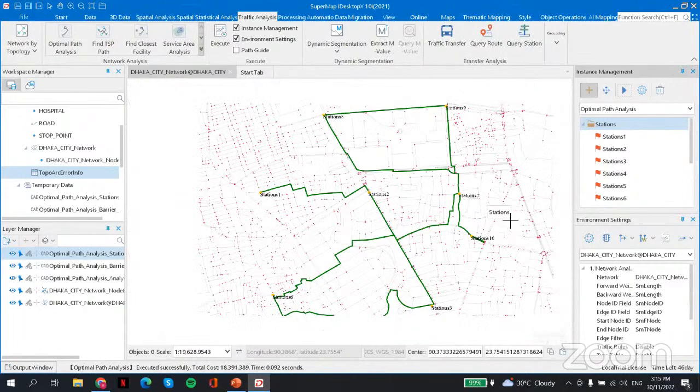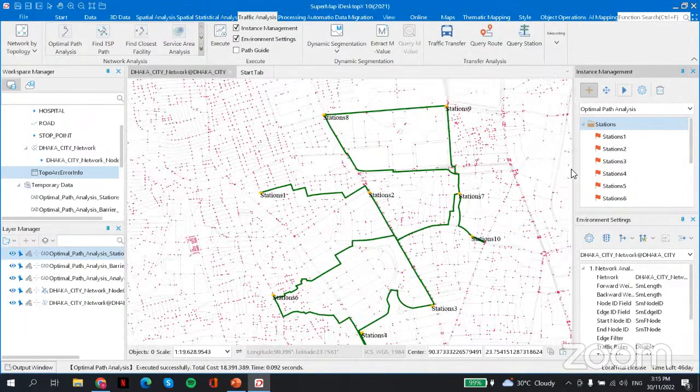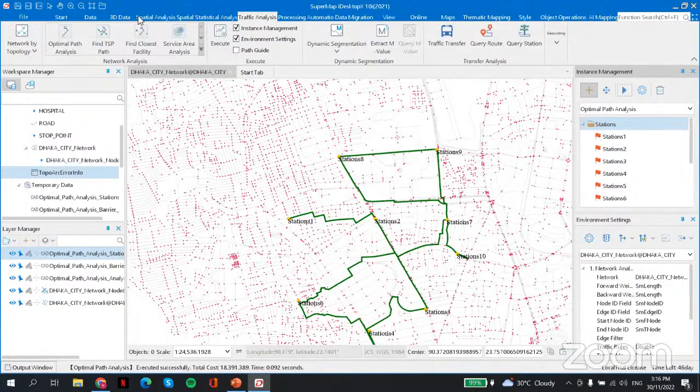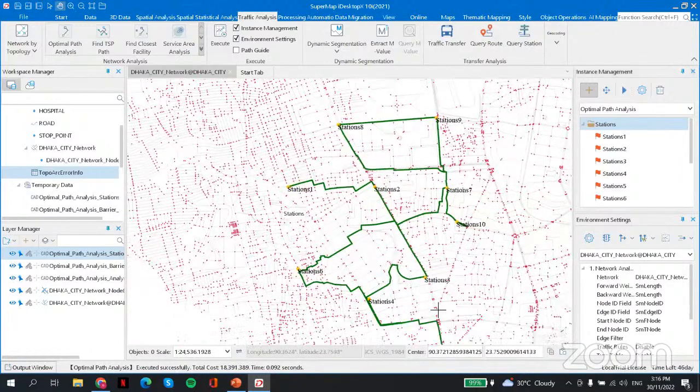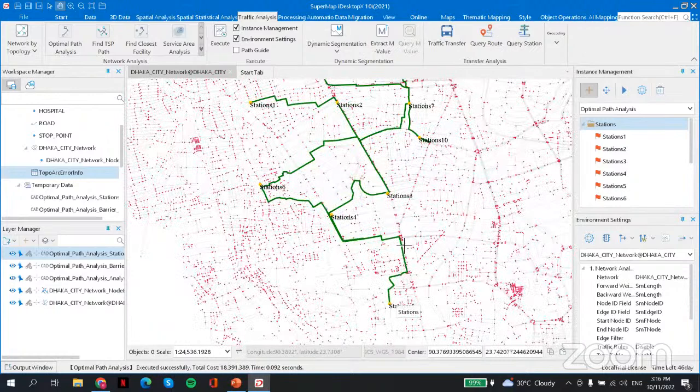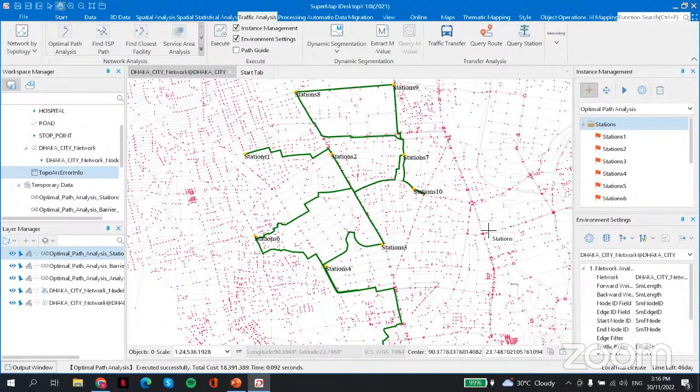Okay, so this is what I told you previously, which is optimal path analysis, where it will show the path from station 1 following the order station 1, station 2, station 3, station 4, station 5 here, and then go back to station 6, station 7, 8, 9, and 10.